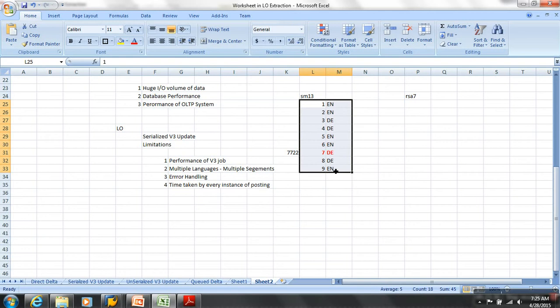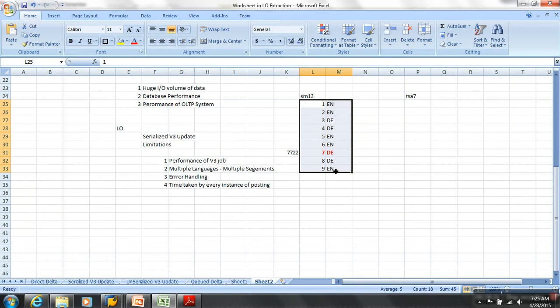Now let's say there is one business user who started posting a transaction. He changed this transaction within 2 minutes. There's one user who started changing at 9 o'clock, and there's one more user who started changing at 9:05. The person who started at 9:05 finished changes by 9:07, but the person who started at 9 o'clock saved changes at what? 9:10. So are we getting the sequence of the postings exactly, even if you're doing sorting? The actual business sequence is what? The one at 9 and the one at 9:05 next. But are we getting the same sequence? No.